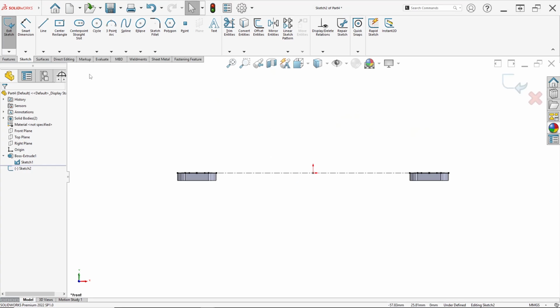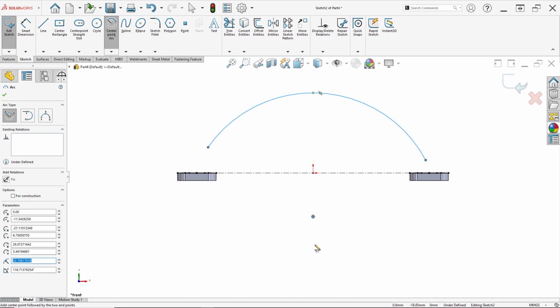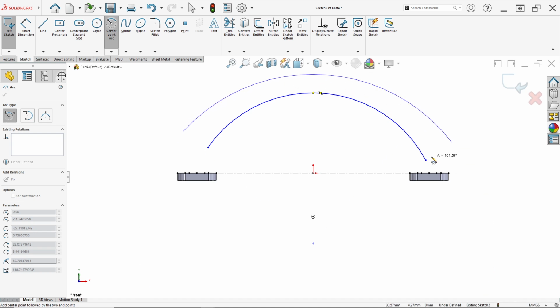So we make two arcs with center point arc here. Ensure you draw at the center of the part like this, draw and left click, hold like this, draw and draw again. Ensure you draw in the center, left click again and draw like this.